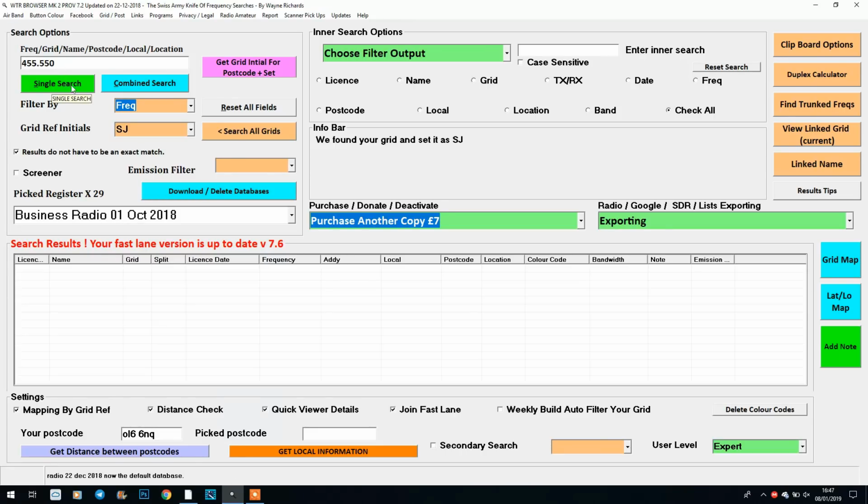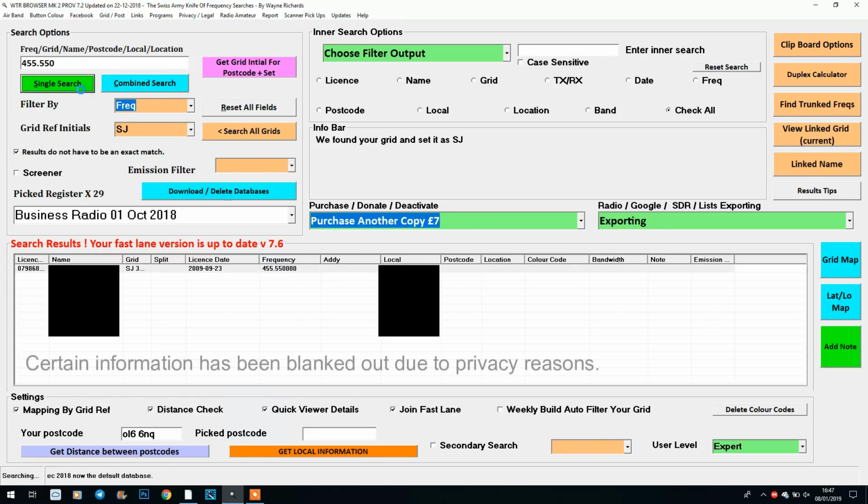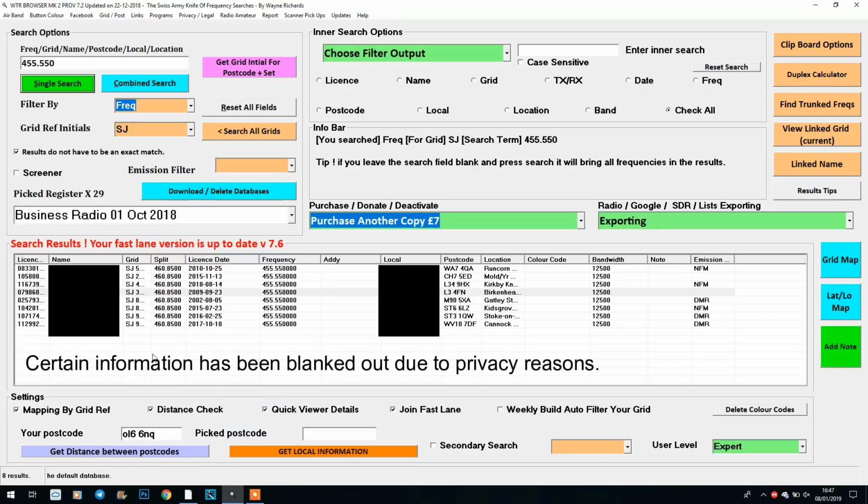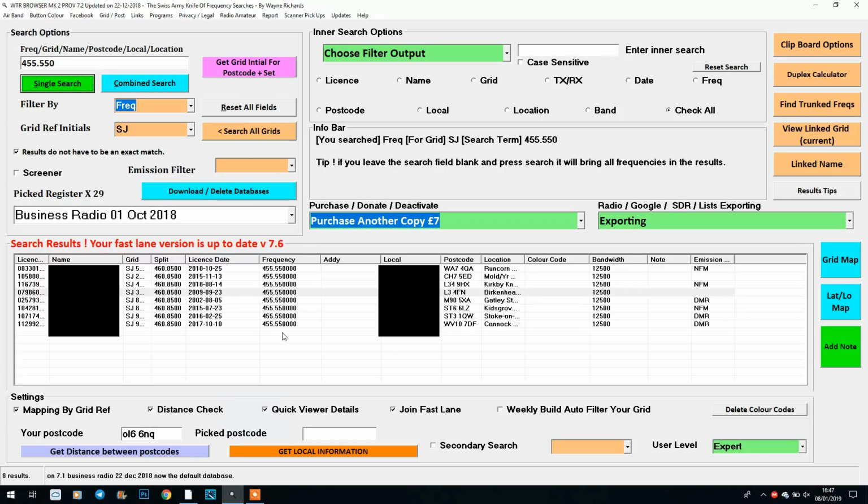We're going to click on single search. Make sure it's set to frequency, and in my grid reference it will give me every license that's assigned to the frequency 455.550. Now you can see I've blanked out some of the information here because I don't like sharing these frequencies publicly, but we've got the license number, we've got the name, we've got the grid reference, the split,